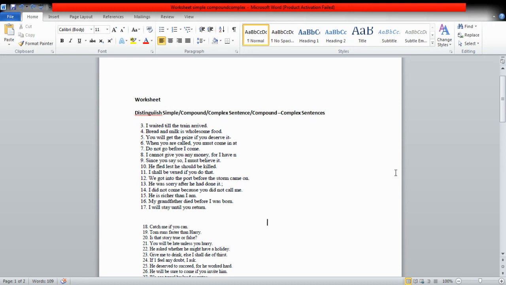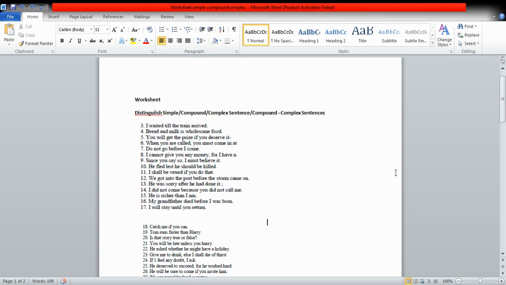A simple sentence does have a single clause. It means that it is a simple sentence. In the case of compound sentence, it does have all the independent clauses joined with the help of coordinating conjunctions, which are FANBOYS. In the case of complex sentence, only one independent clause is there, and the rest of all the clauses are subordinate or dependent clauses joined with the help of subordinating conjunction.